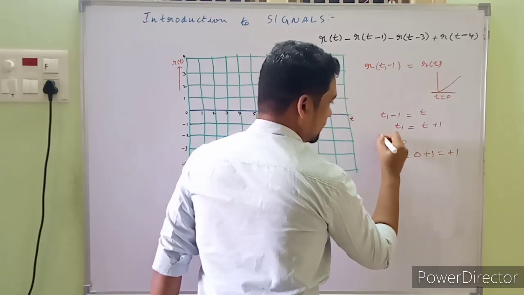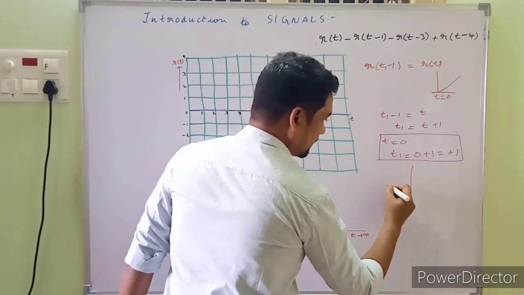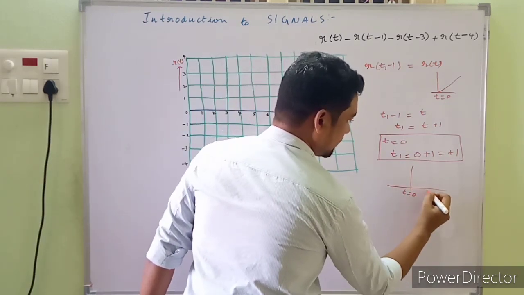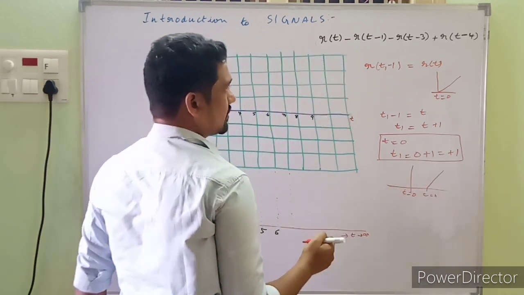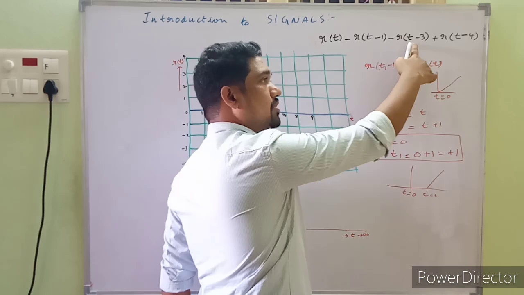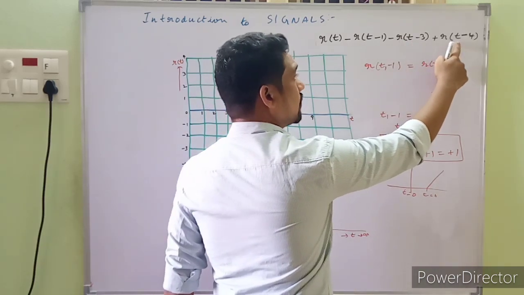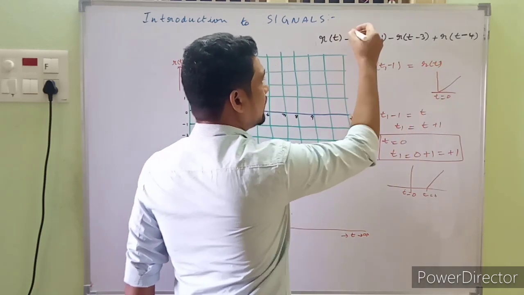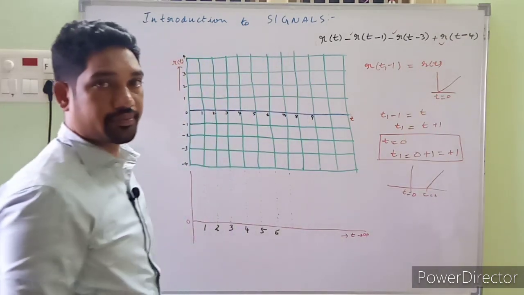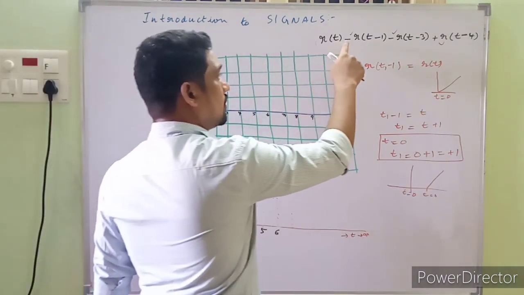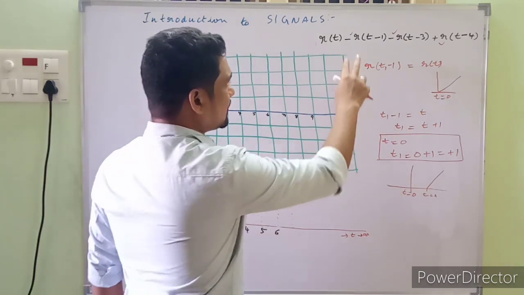Here, this is the starting point for the manipulated version. So it starts commencing from here. It may be t equal to 0 over here. We have t equal to plus 1, so it starts commencing from here. In the same way, this starts commencing from t equal to plus 3, and this starts commencing from t equal to plus 4, and this one we have a negative slope here. It's a negative slope, and this is a negative slope, this is a positive slope. Take care of that. And slope is unity, one increment in time, one increment in slope, and it's an addition of